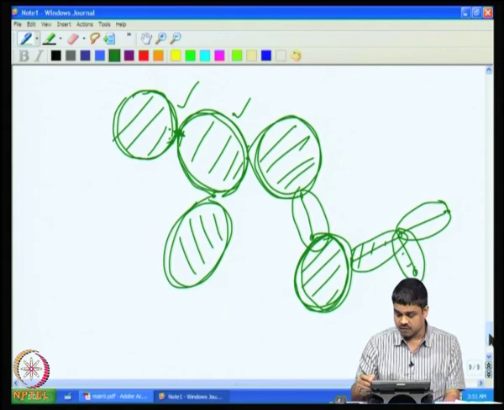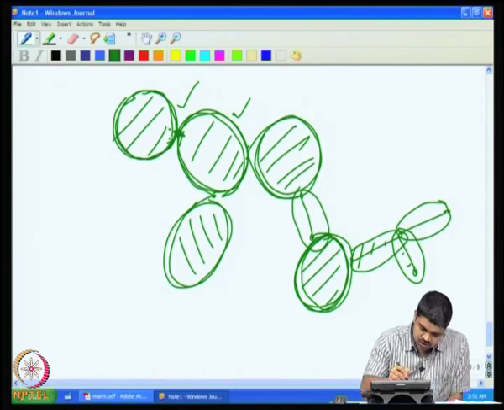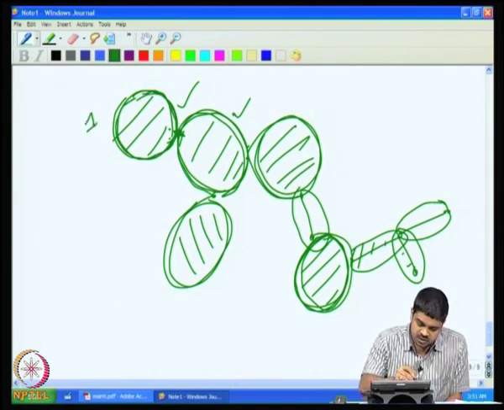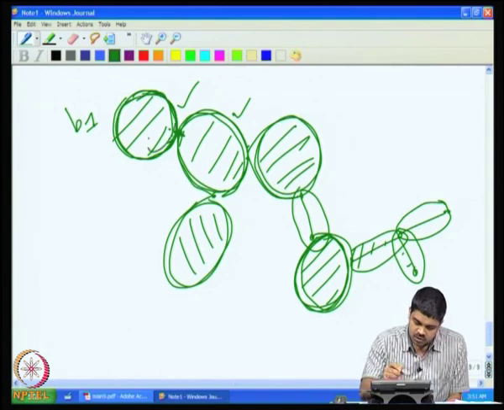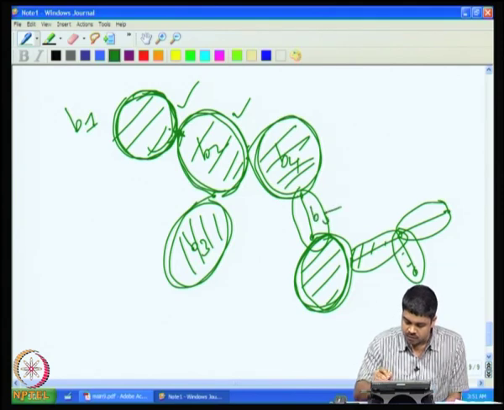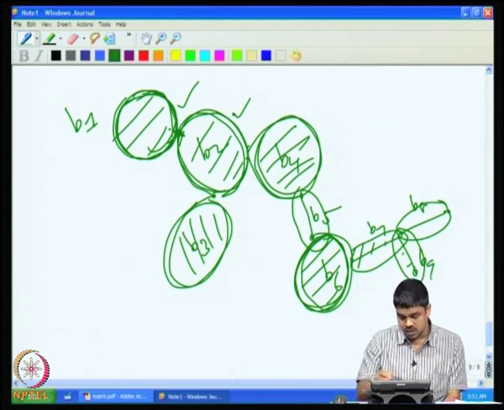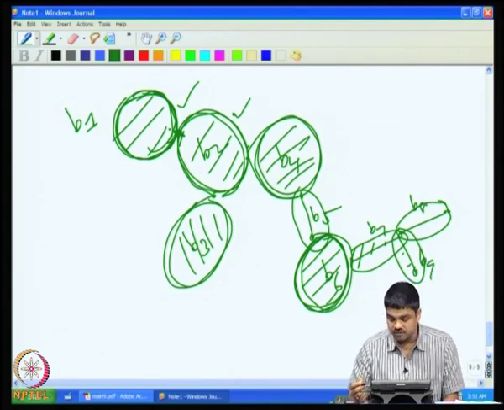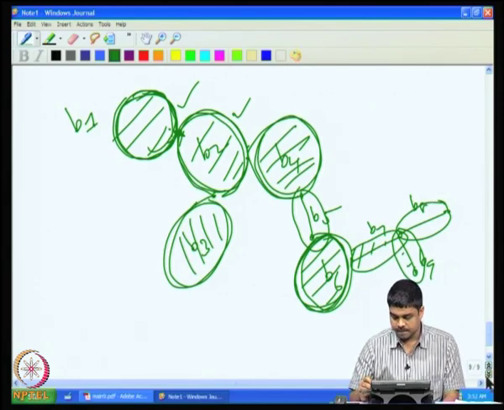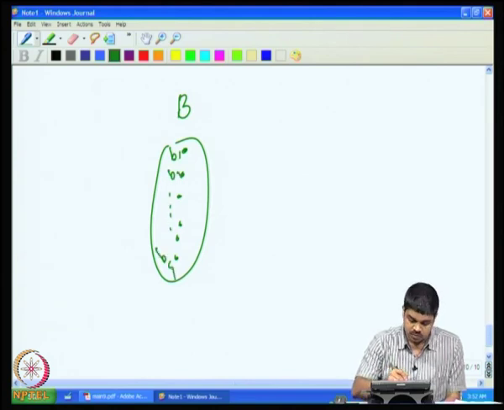What do I mean by a block graph? A block graph is a bipartite graph. Each of the blocks will be taken as a vertex. This is say B1, block 1, this is block 2, block 3, block 4, block 5, block 6, block 7, block 8, block 9. So the blocks will become vertices. Then I can make a bipartite graph like this by putting B1, B2 up to B9 here, the blocks,